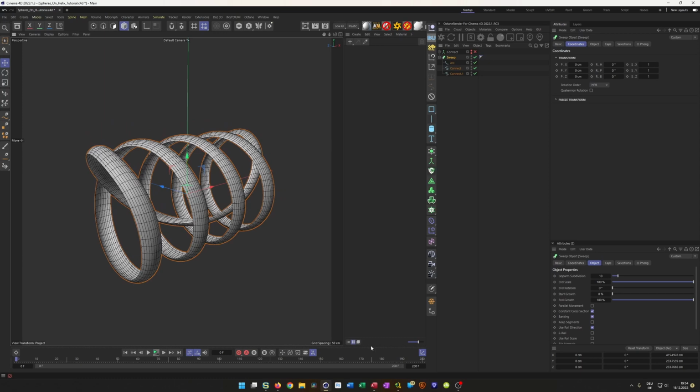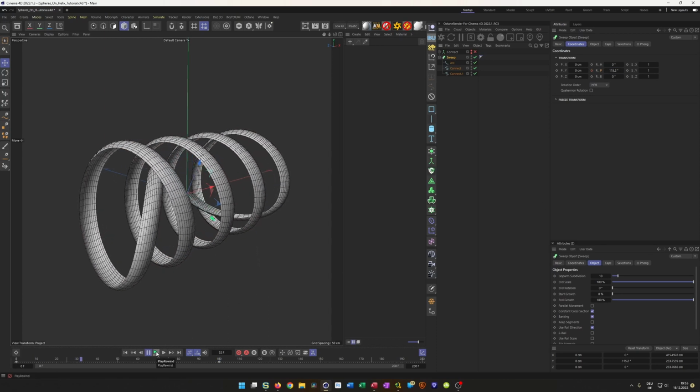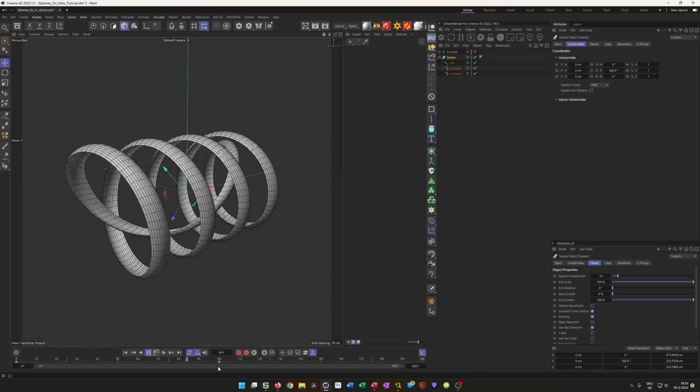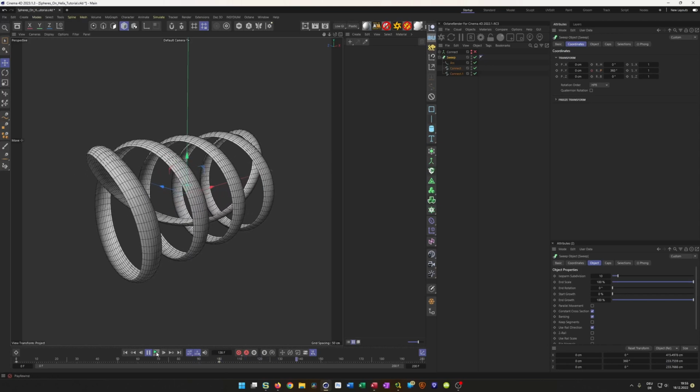I have 200 frames, but I want a 360 rotation in 100 frames. In my case, it's 4 seconds because I have 25 frames per second. So on frame 0, I make a keyframe here. Then I go to frame 100 and go to 360 here. Oh, great. So this rotates, but only until frame 100, and then it stops. But I wanted it